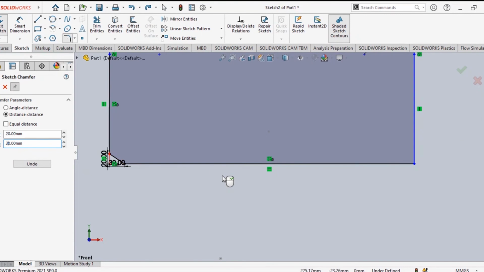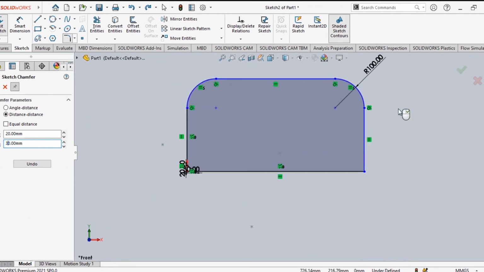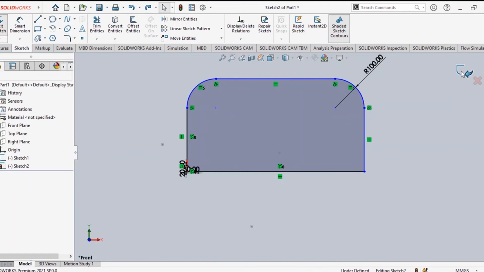The next part is actually a very important thing, our features. First of all, you have to make your drawing, then you have to start with features. Suppose we made this drawing, you have to utilize features. First, you accept this drawing is right. Green check means you are accepting that your drawing is okay. Right? If you click that one, that means you are exiting from this drawing. Click means you're exiting from the drawing.